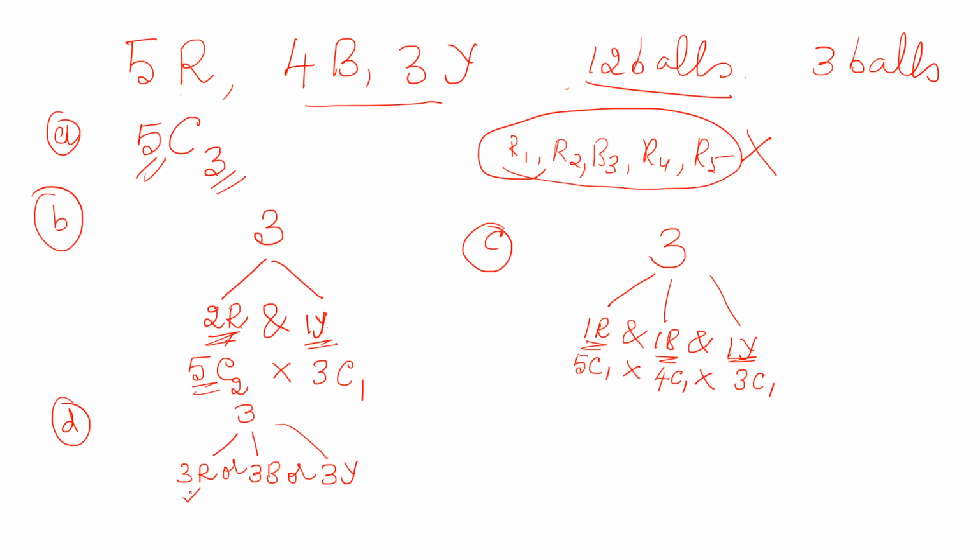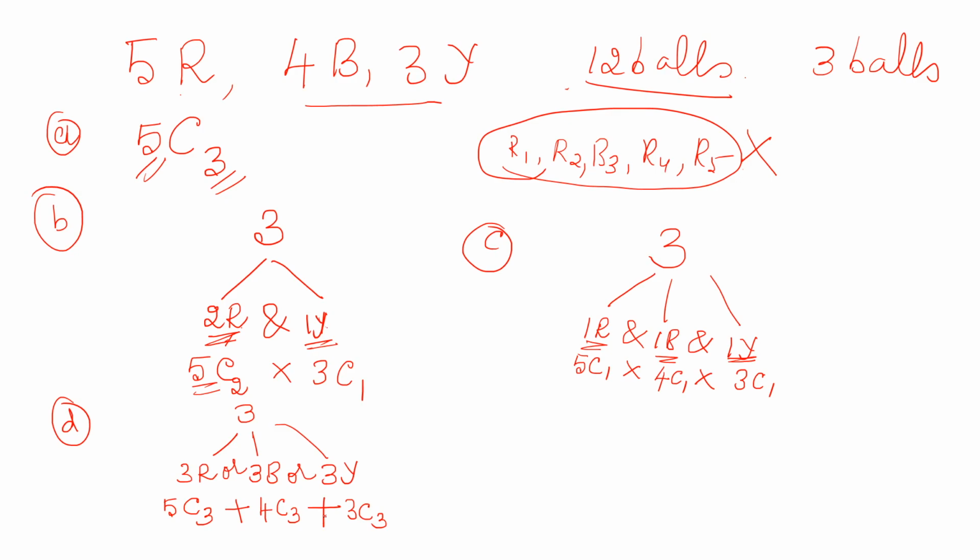Now here, if I am picking 3 red balls, if all the 3 of them are red, my task is completed. I need not go for the next one, right? So this should happen, or this should happen, or this should happen. How many red balls are there? 5 red balls are there. From that I am taking 3 red balls. And how many blue balls are there? 4. So from 4 I am taking 3. 3 yellow balls are there. I am taking 3. So in between, here you have to be careful. Or means addition. Therefore 5C3 plus 4C3 plus 3C3. Okay. Understood all of you?